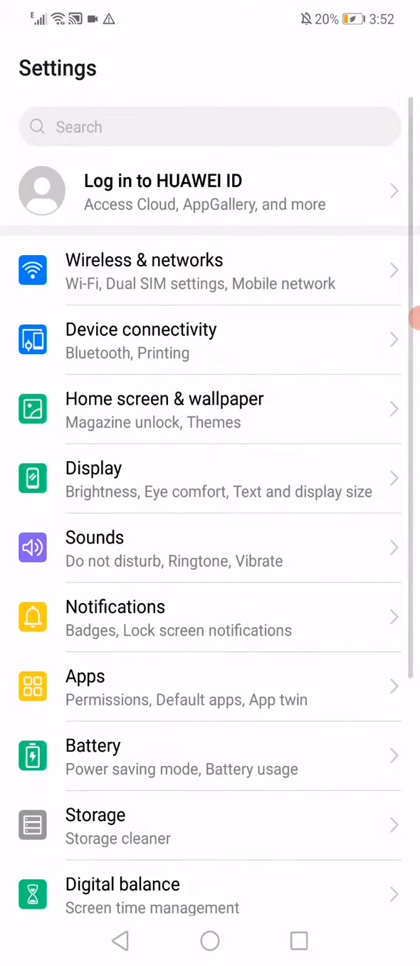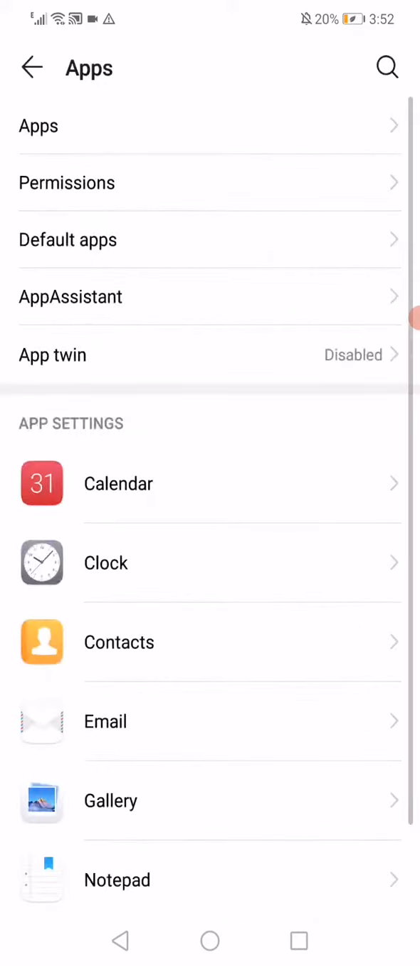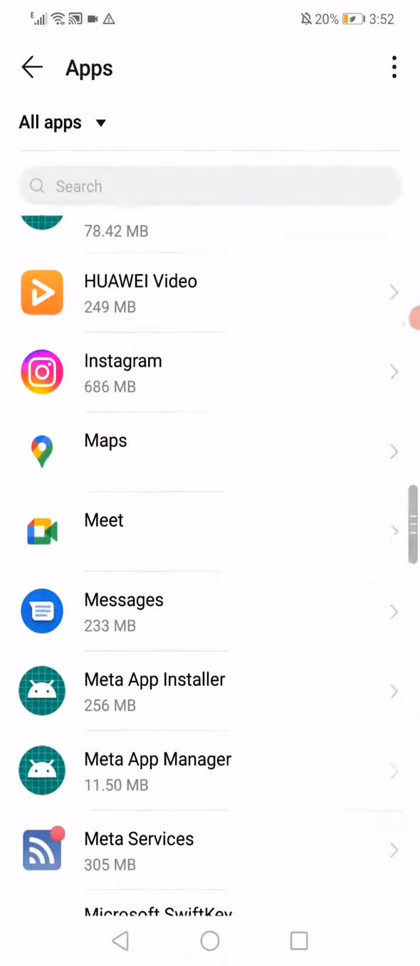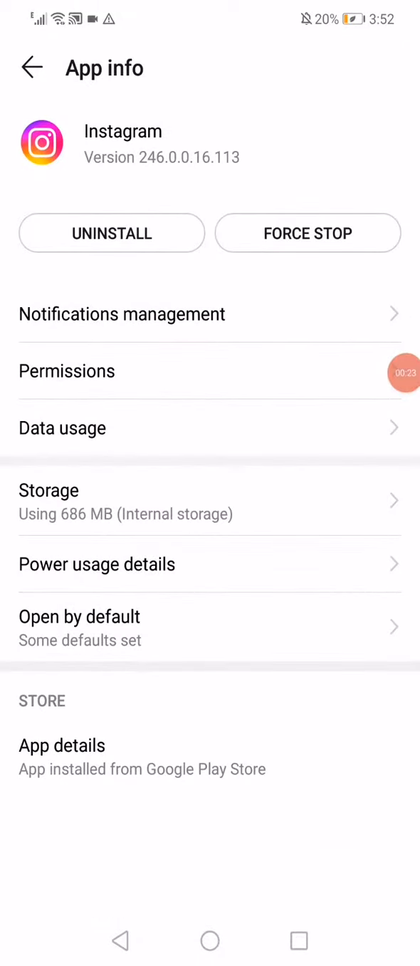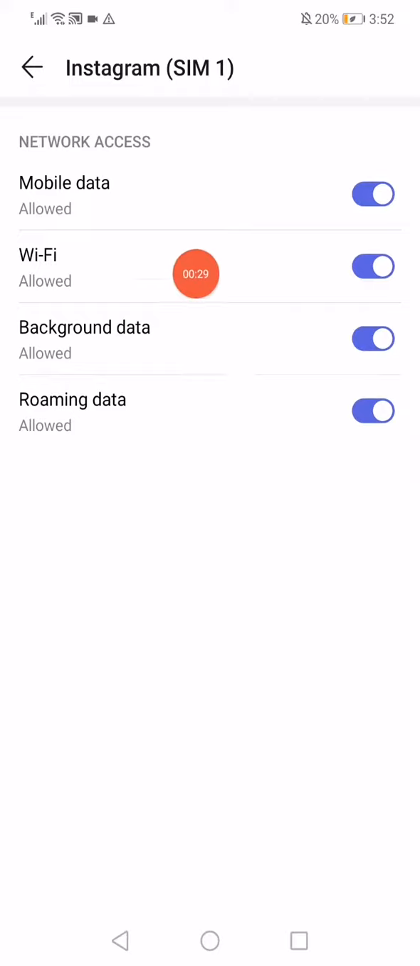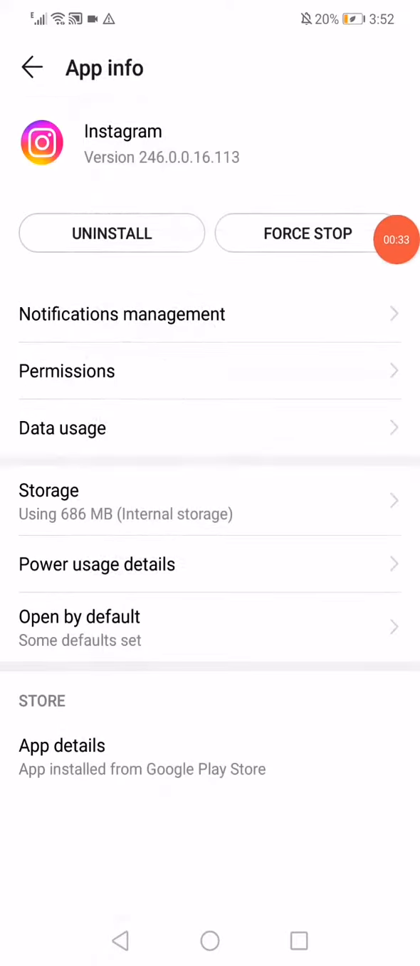As you can see right here, this is the settings page. Now go to the apps and then go to apps right here. Scroll until you find Instagram, and then all you have to do now is very simple. Just click here on data usage, scroll until you find here, enable all those options, go back, click on this